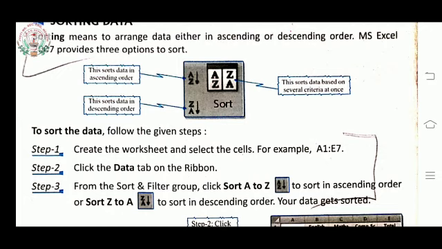A1 to E7 means like your mark sheet. English to moral science, the subject names are written. Then B, C, D, E, F, like that marks are given. Or you can say names of the students are written in the first column, then second, third, fourth, fifth subject names are written, and then marks are also filled in.